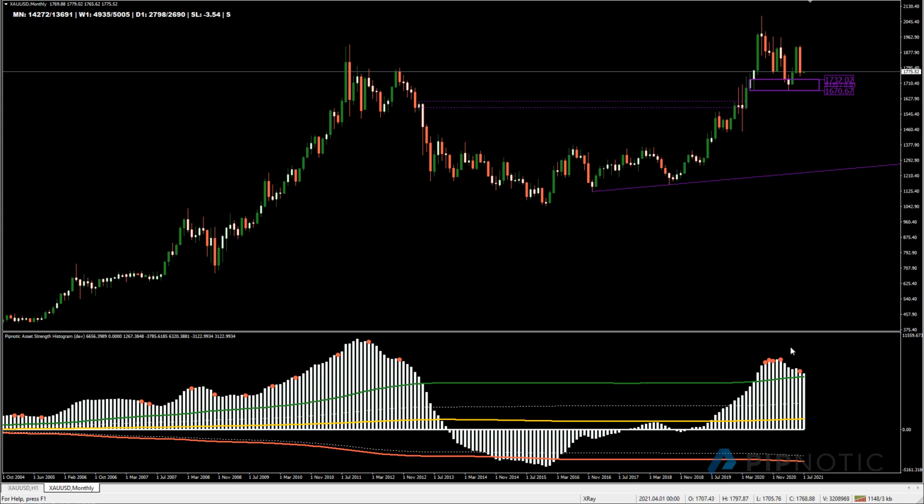If we also look at the histogram, we're being told that the flows into this instrument from the bullish side was slowing down, and you can see that quite clearly here. We had the red dots, which are telling us that we should be careful buying. We should potentially look for some kind of a retracement, and you can see that this is potentially what's setting up. So if we have a look on the weekly chart,